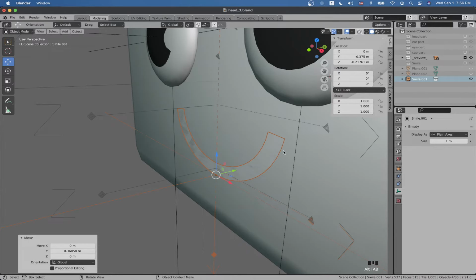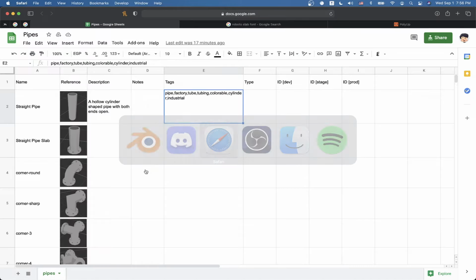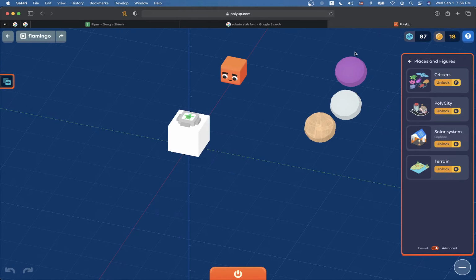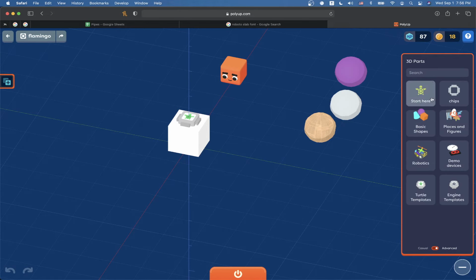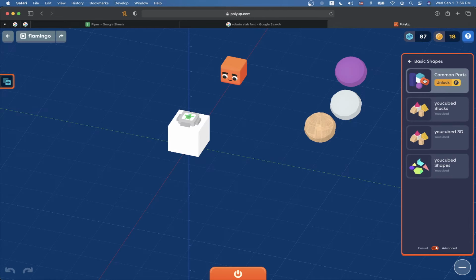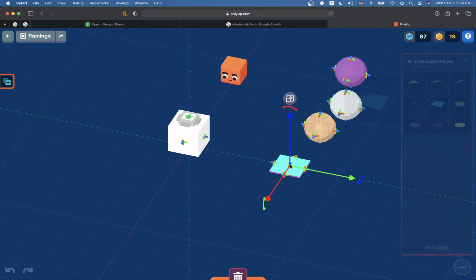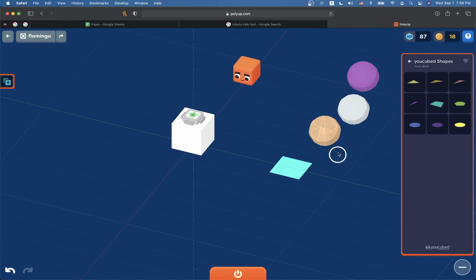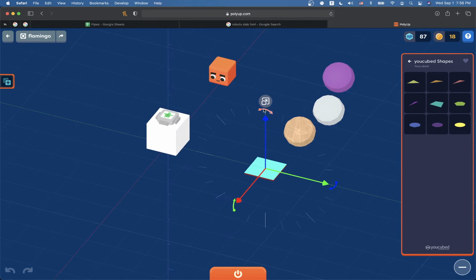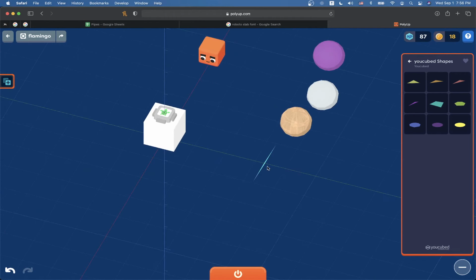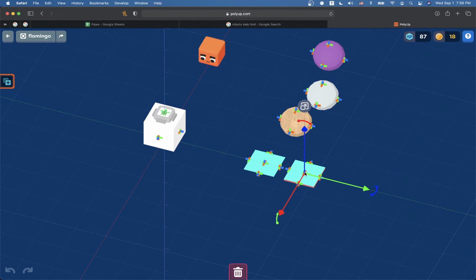And let's see in Polyup, let's say if we have, oh man, I don't have that. Yeah, I have the 2D shapes. So we have this shape. You can see it doesn't have thickness. It's like the mouth in some way. There is no thickness to it. So if you add two of these, like this,